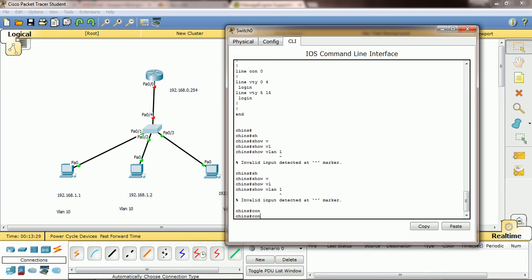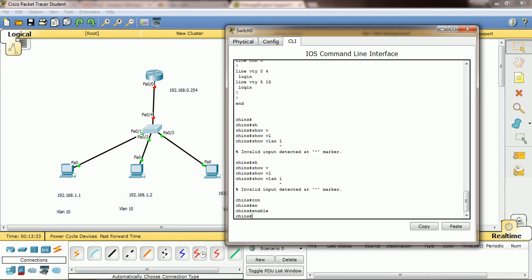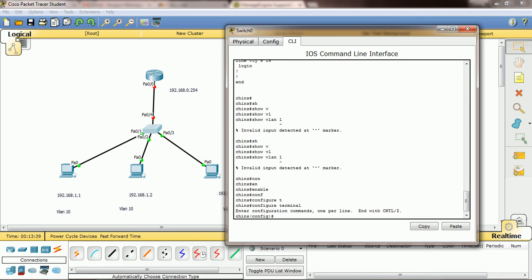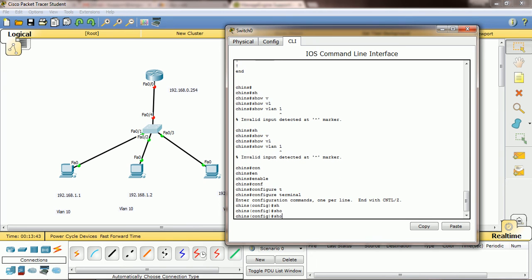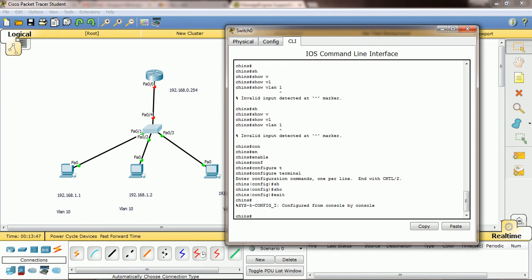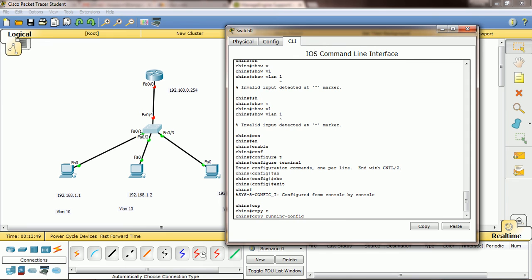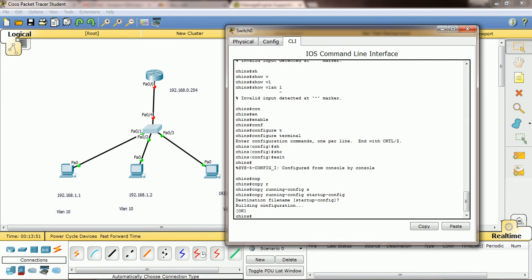One minute, enable, configure terminal. Okay, then show. No, here show won't work. One minute, copy running-config startup-config.